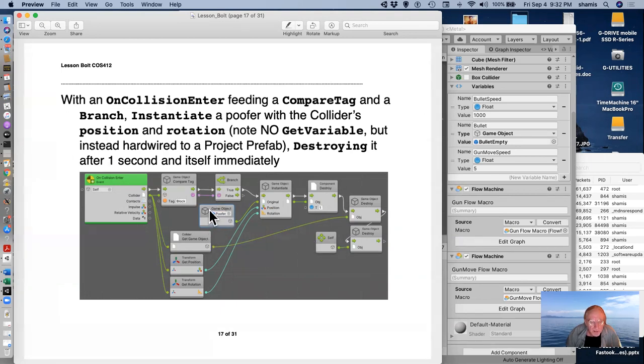Things that feed in here, from the collider of the on collision enter, I feed that to the compare tag. I also feed it to the game object, get game object from the collider, and to the get position and get rotation, all of which I need for this instantiate. I'm going to pass the game object that collided with it to this destroy object, and I'm going to